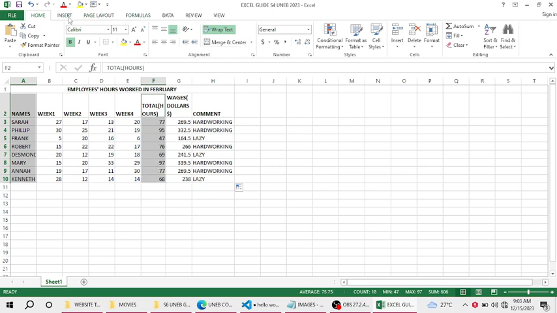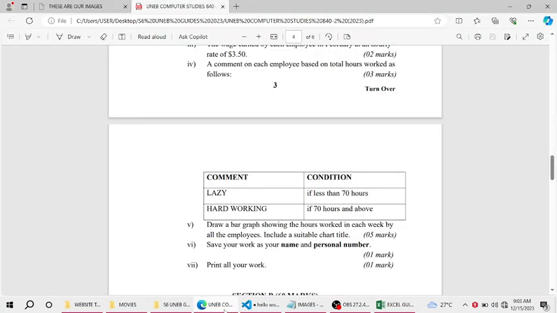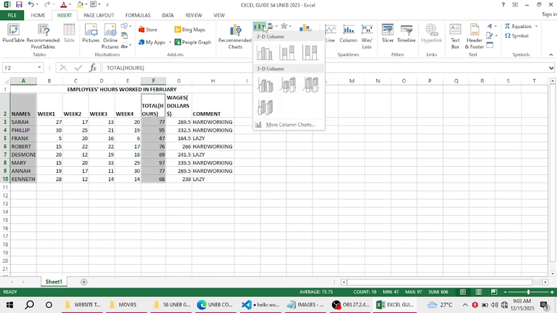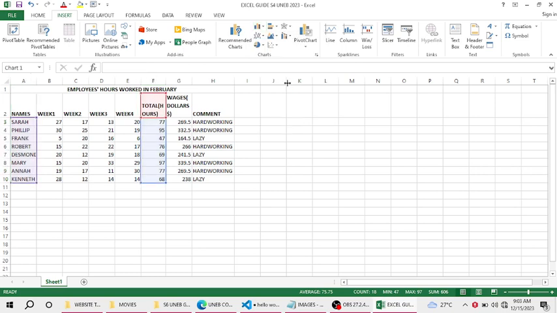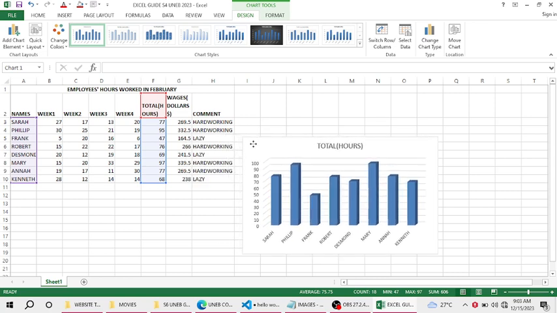Go to Insert and look for the graph they want us to draw. Let me go back to the question. They wanted us to draw a bar graph. Okay, go to Insert and look for a bar graph, an appropriate one. Preferably you look for 3D. Okay, here is the bar graph, and it's really making sense. It's having bars,